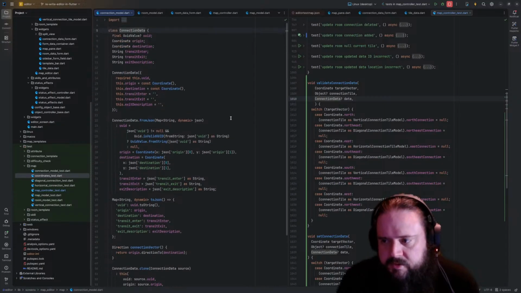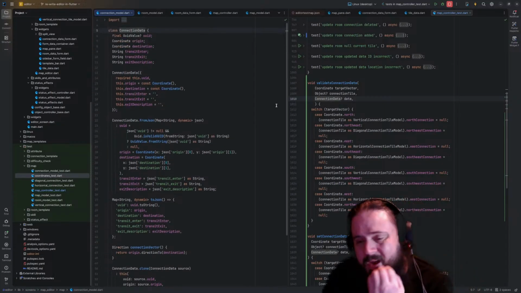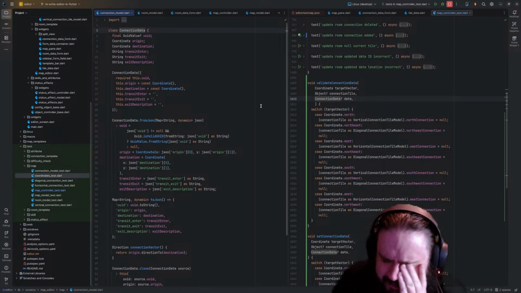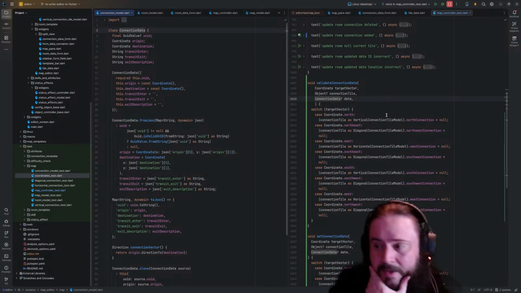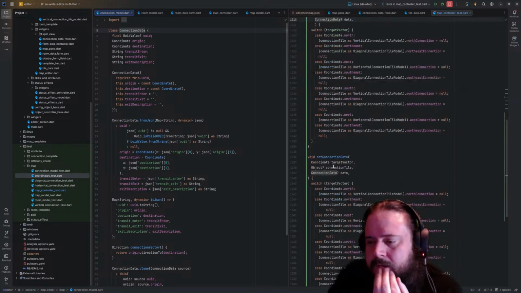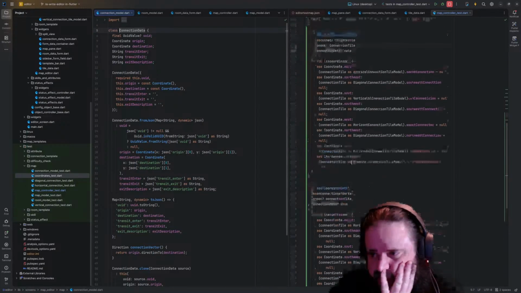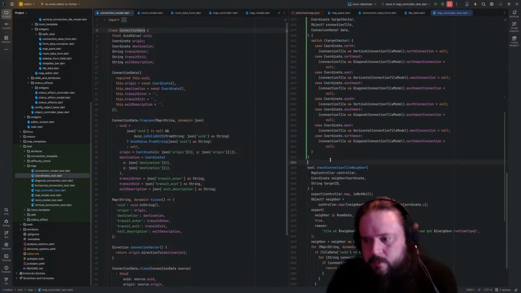In fact, I'm almost certain I can't without overriding the equals and the hash, I think is what the internet said. And we're not going to do that in real code, only in test code. So I guess we can just do